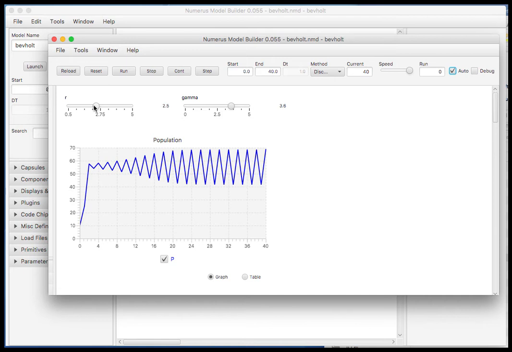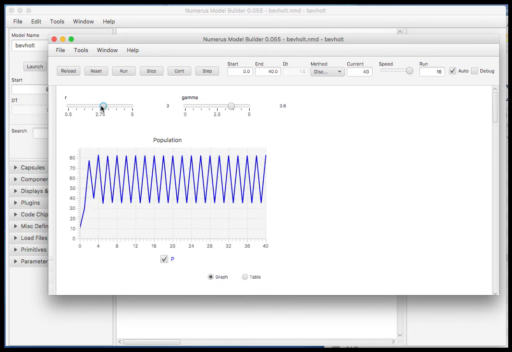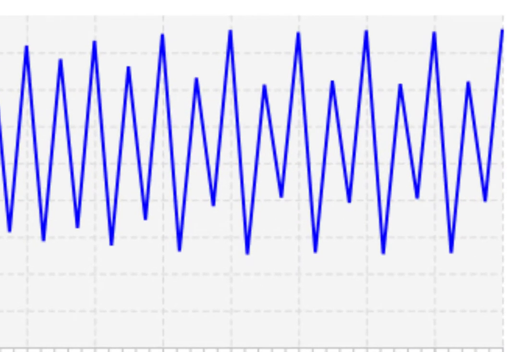Let's see if there's a combination of R and gamma where we could get stable oscillations. In other words, the final steady state of this system is not a single number. As I increase R, it looks like we're getting to a range where we are seeing what appears to be stable oscillations. And if I increase gamma even more, now this is an interesting behavior. If we zoom in here,